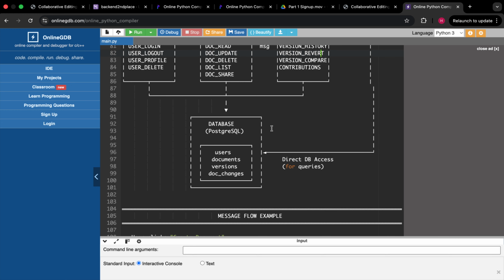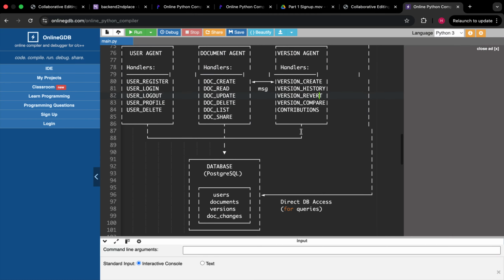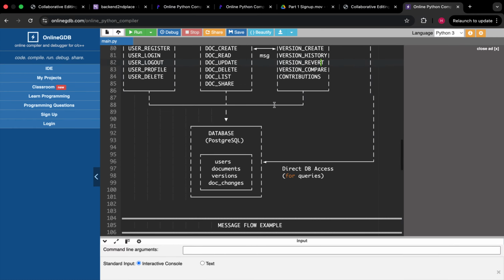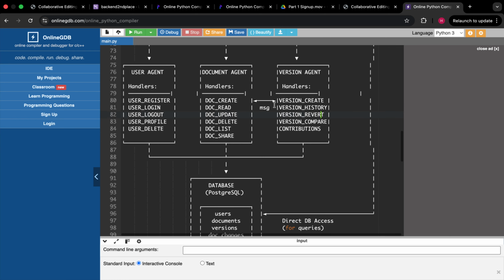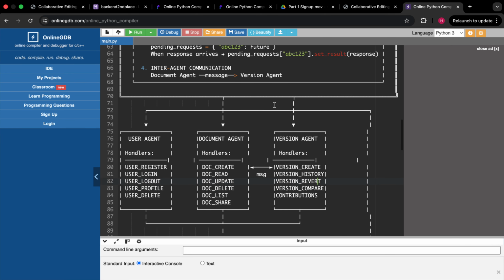The message broker is the central communication hub. It implements the mediator pattern. Agents don't know about each other. They only communicate through the broker. So the broker has four main responsibilities. One, it maintains an agent registry, a directory mapping agent IDs to agent instances. Two, it handles